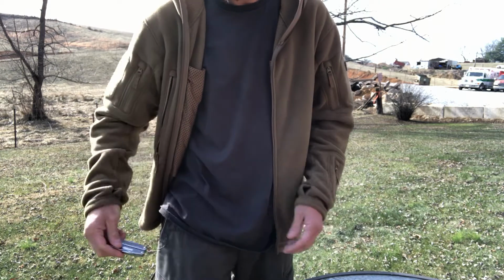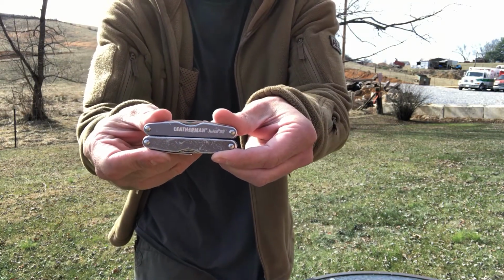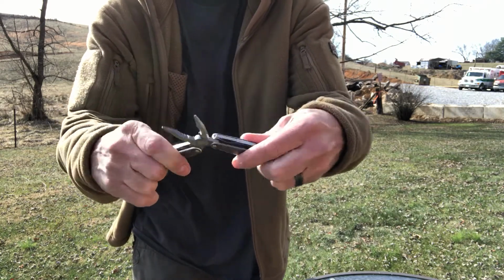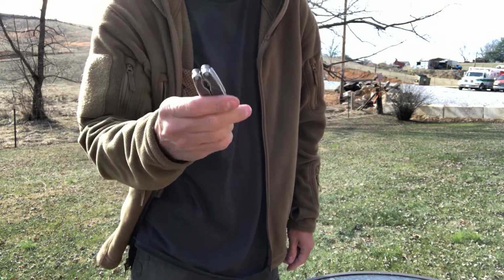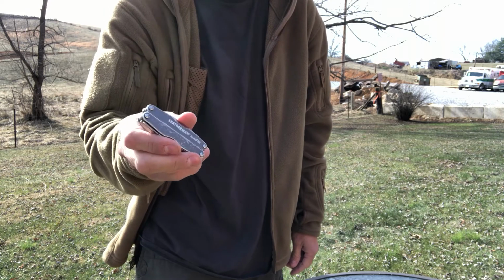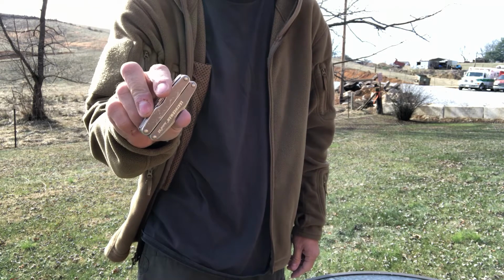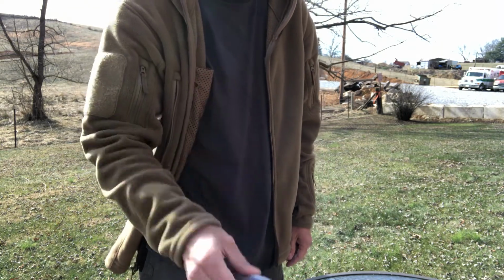Next, I carry a Leatherman S2 Juice. As you can see, I've had this thing a long time. It's beat up. It still works perfectly. It's not the biggest multi-tool in the world, but it's never failed me. It's done everything I need to do. If you'd like to see a video on this, I can do it, but there's tons of videos out there, so you've probably already seen it. This little Leatherman's been out for years, so it's nothing new, but it's a really good multi-tool just for your